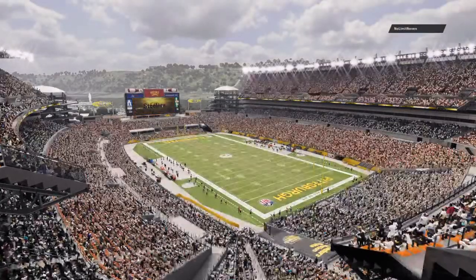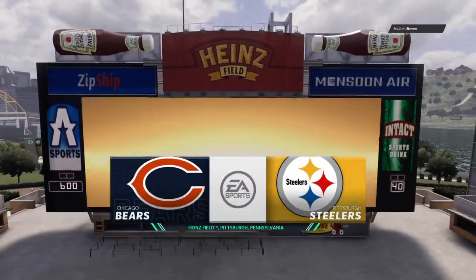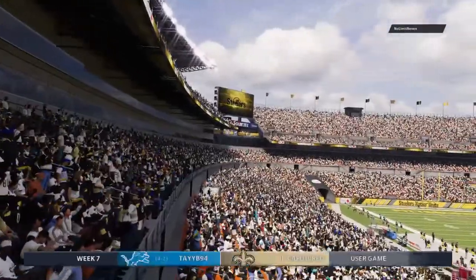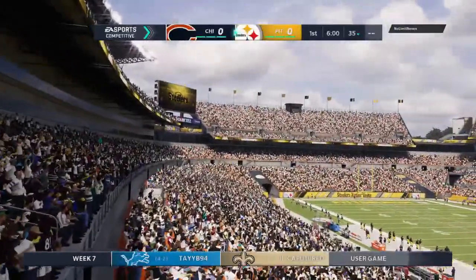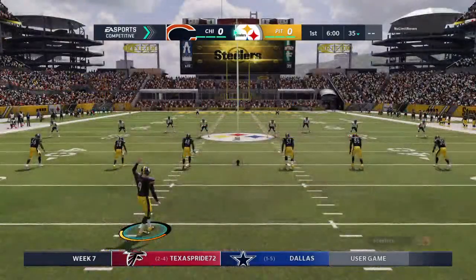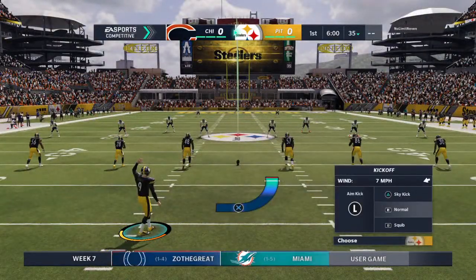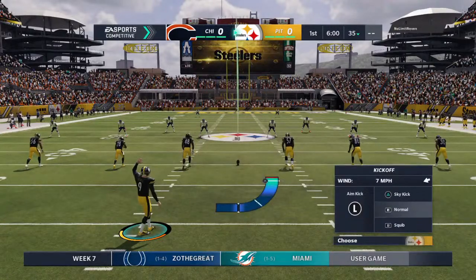EA Sports coverage of the National Football League brings us to Western Pennsylvania and Heinz Field in the Steel City of Pittsburgh. The scene a few moments ago, here it is. It's unlike any other in sport as both teams made their way out of the tunnel. These folks are fired up as their guys are ready to do battle between the Chicago Bears and the Pittsburgh